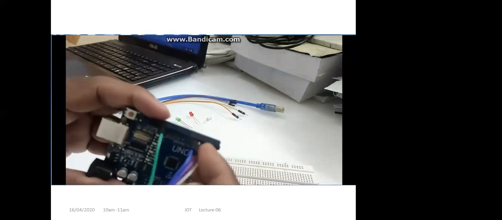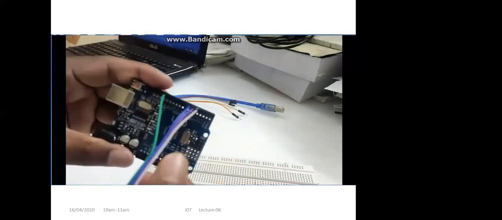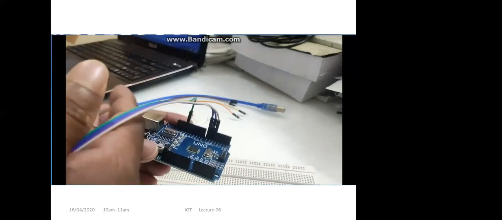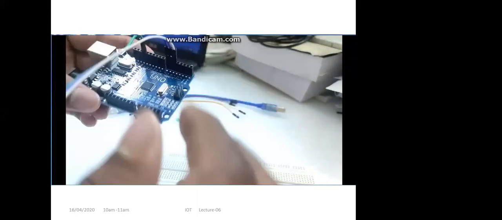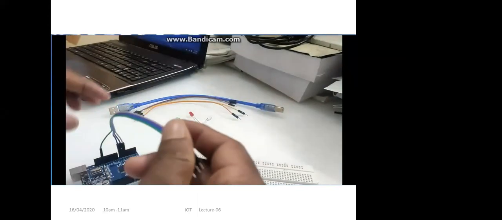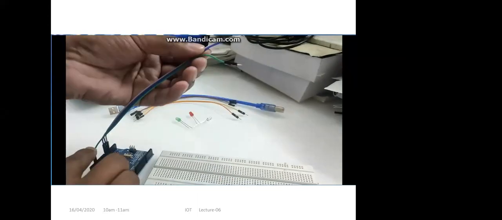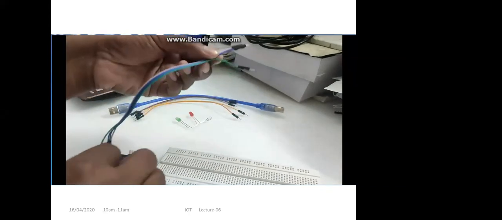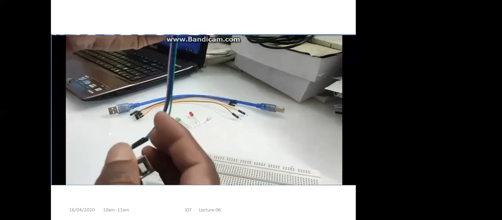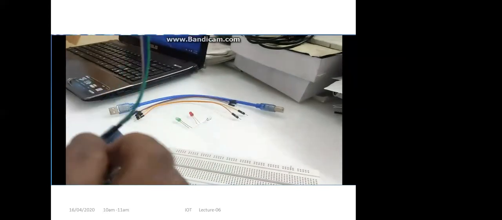So the positive terminals we are going to give to 5, 6, 7. So 5, 6, 7 are connected, right? And the negative we connected to ground, which is common for all 3 LEDs.